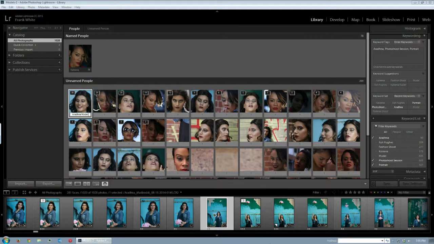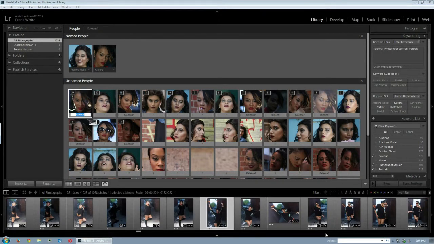Okay, and again, this is just for illustration purposes. Okay, so now I've got those 30 images, now Aradna model, and so now I can actually go in and tell it that yes, this group of 29 photos is Kalina,